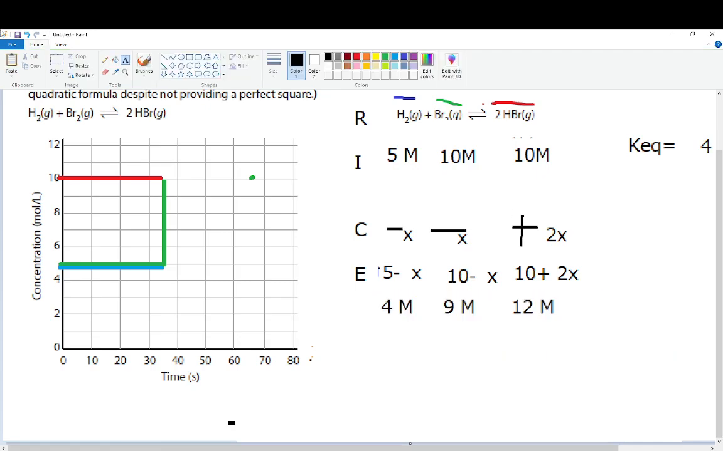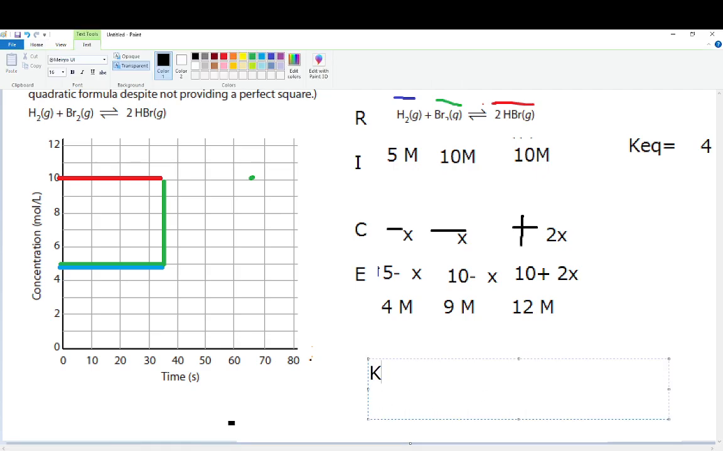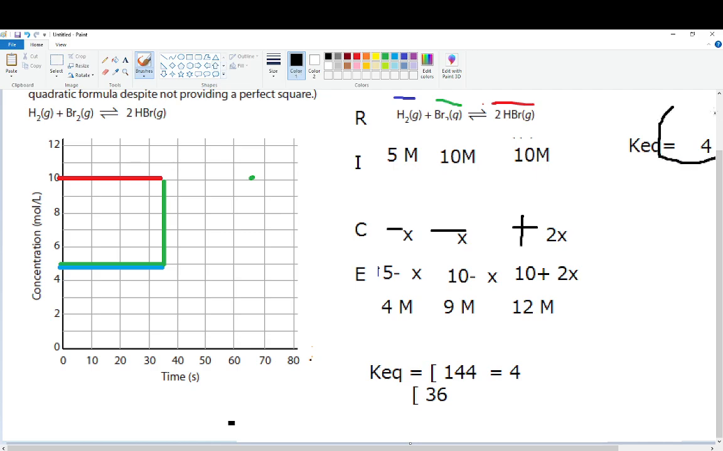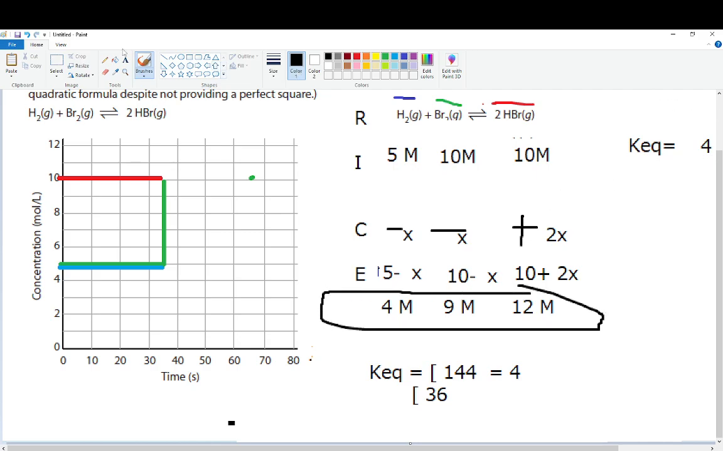And to make sure that you got it right, you then go to the equilibrium equation, and you do the products, which is going to be 12 squared, divided by the reactants, which is 4 times 9. And 4 times 9 is 36. And 12 squared is 144. And 144 divided by 36 is 4. So since we got the right KEQ that we started with, we know that these are indeed in equilibrium,